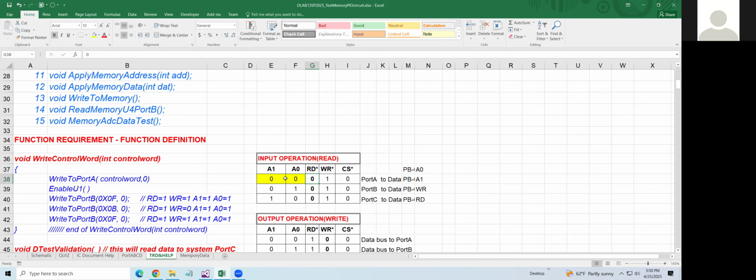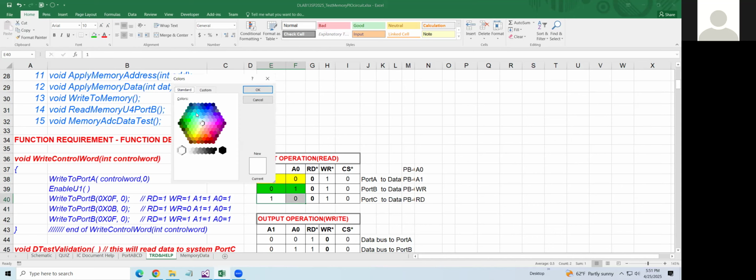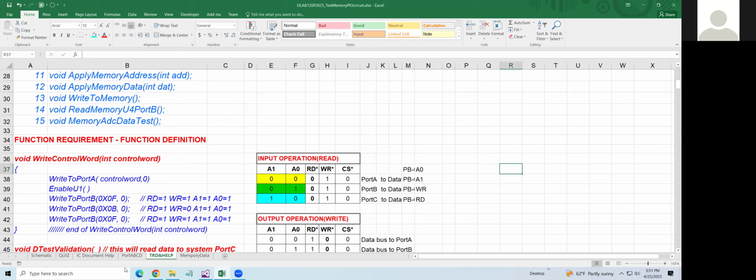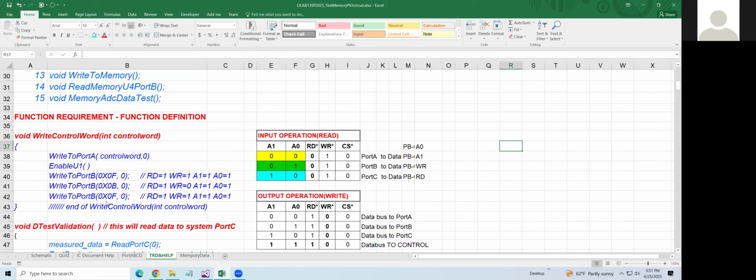That is port A. And the next, 01, is for port B, and 10 for port C. So basically, depending on what you want to write, port A or port B or port C. Okay. And now in here,